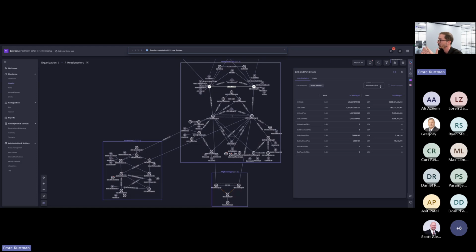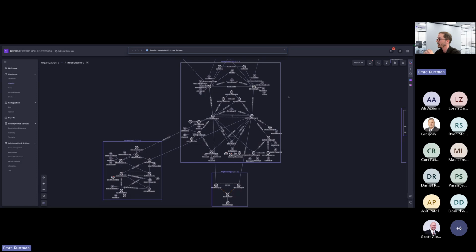in an absolute value, but as well as the cumulative. The cumulative one is important when it comes to troubleshooting, so that you can see the increments as you are on the screen. Okay, so this is really important when it comes to troubleshooting your network on the physical layer.